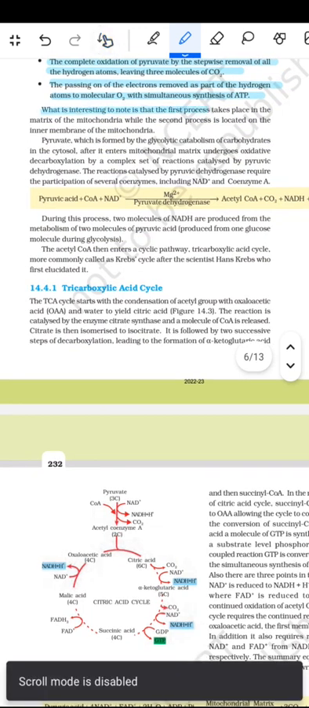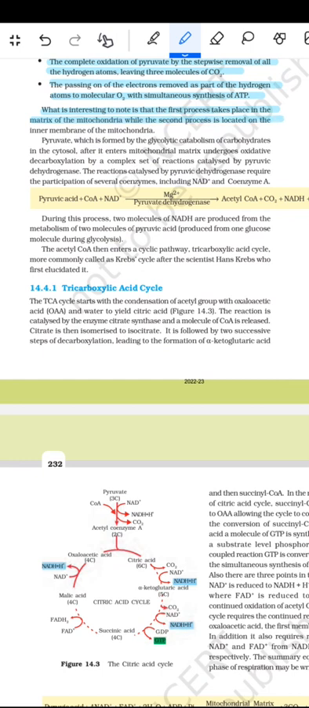What is interesting to note is that the first process takes place in the matrix of the mitochondria, while the second process is located on the inner membrane of the mitochondria. Pyruvate, which is formed by the glycolytic catabolism of the carbohydrates in the cytosol, after it enters the mitochondrial matrix, undergoes the oxidative decarboxylation by a complete set of the reaction catalyzed by the pyruvic dehydrogenase. The reaction catalyzed by the pyruvic dehydrogenase requires the participation of the several coenzymes, including the NAD+ and the coenzyme